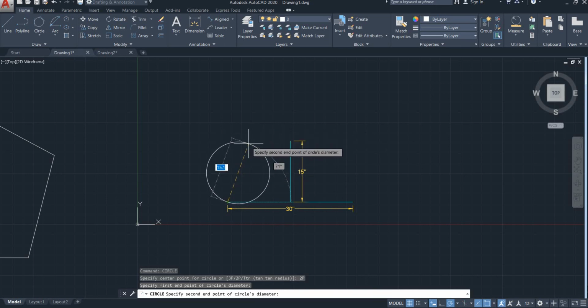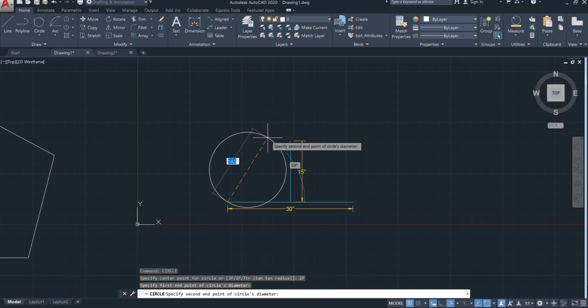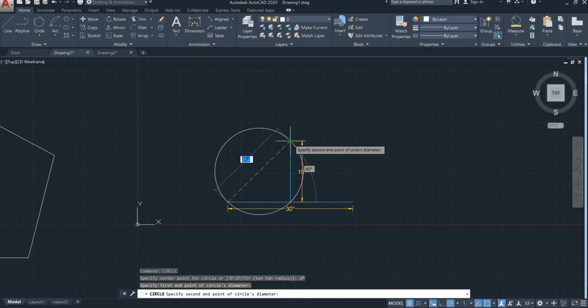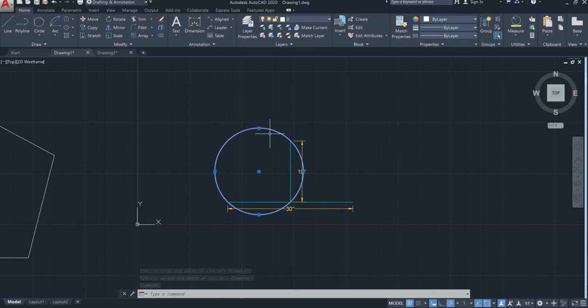So here you can see on the screen, this dotted yellow line is actually representing the diameter of the circle. You can type the length of the diameter and the inclination. You can also enter the coordinates for the second point, as we discussed in the previous videos when we were talking about specifying coordinates for line. Right now I'm just going to click here on the screen and I'm going to select this point as the second end of the diameter. So you can click here and you have got this circle that is passing through the 2 points that you specified, and those 2 points are representing the diameter of the circle.